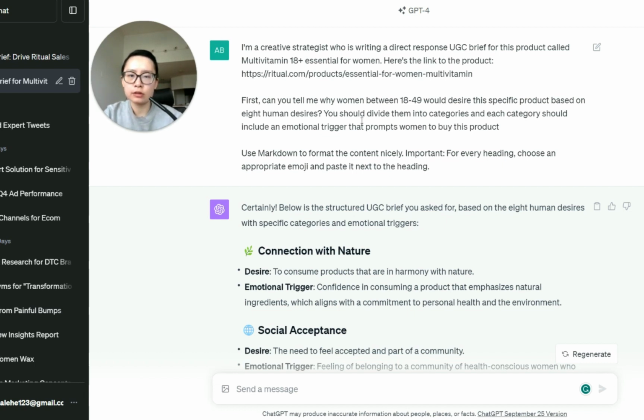So in this prompt, you can probably already start to notice I'm following this process, this concept that I've been doing as a creative strategist when I'm developing concepts for brands, which is tying it back to human desires. This is really the most fundamental thing that marketers need to understand: when consumers buy stuff, they are really buying it to fulfill or to meet a basic human desire.